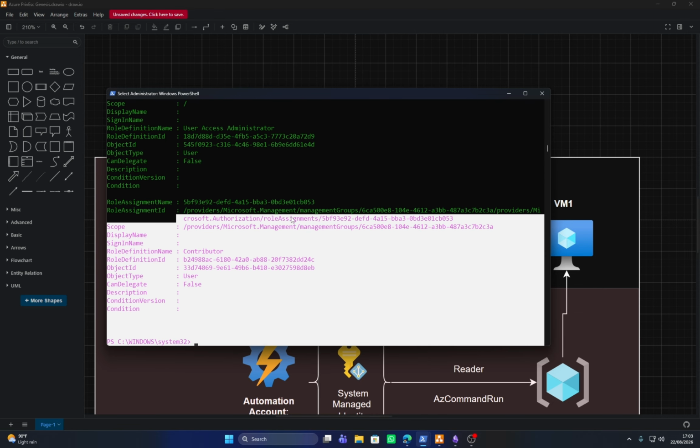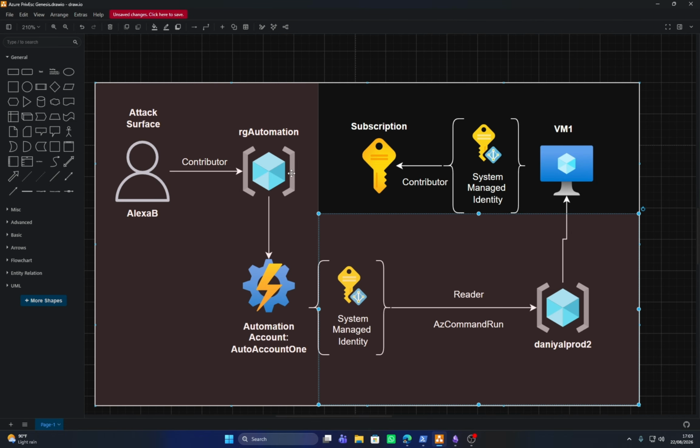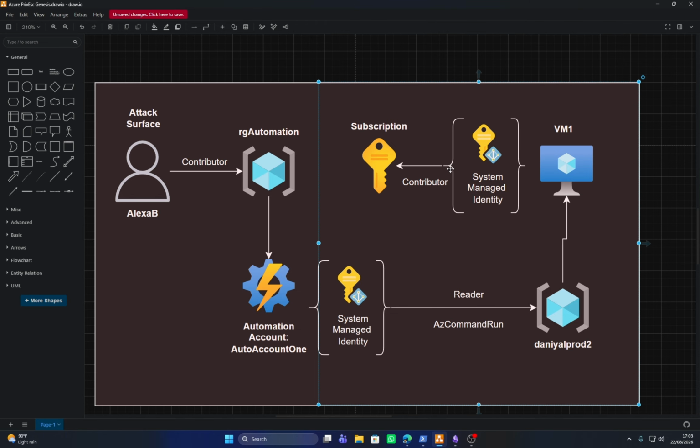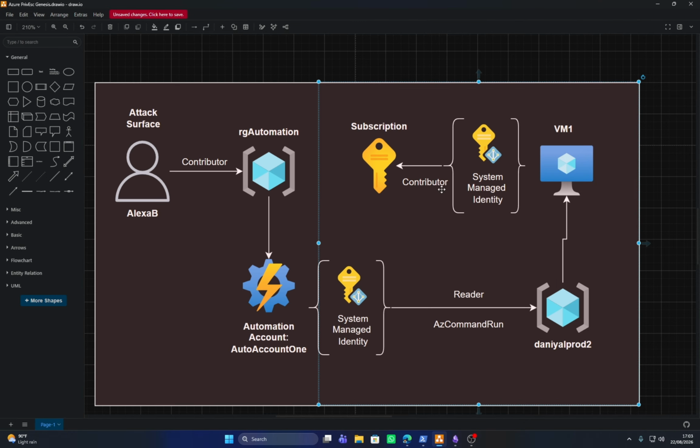So now we have exploited it completely. We found out the resource groups, we found out the managed identity's token, and then now we authenticated as that managed identity. Now why this attack works is because managed identities don't require multi-factor authentication to authorize. If you have a token and if you are authorized to get the token in the first place,